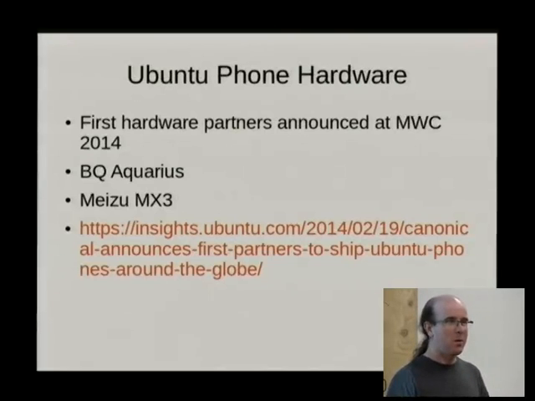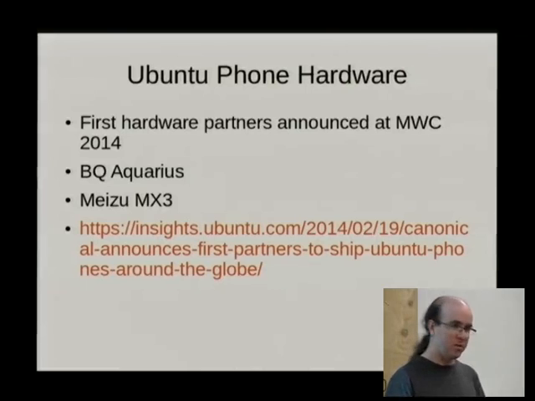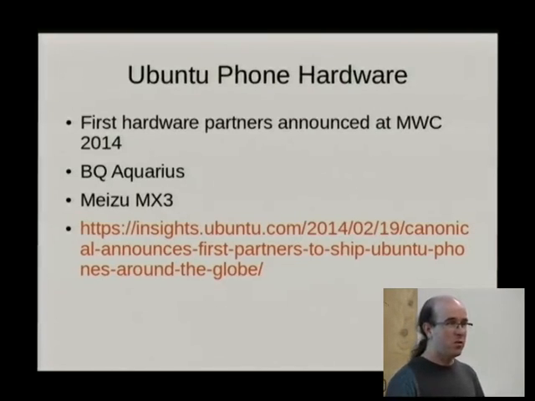The primary hardware we are looking at developing, which we're looking at releasing, is two phones which were announced at Mobile World Congress back in February. Teaming up with a company called BQ, who's going to be releasing a model of their Aquarius phone, and a Chinese company called Meizu, who's going to release a version of their MX3. Both of those phones